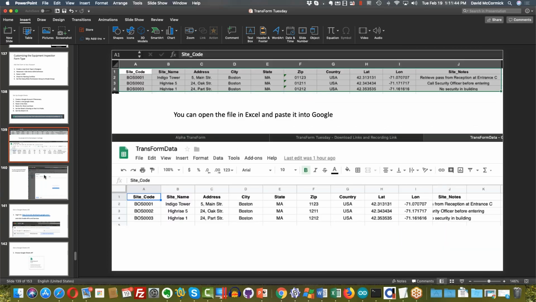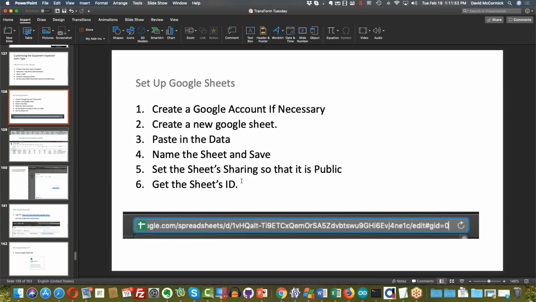Now, while you have the sheet open, if you were to go up into the address bar and take a look, you'd see it says something like docs.google.com/spreadsheet/d/ and then it has this sort of long gobbledygook string here, followed by /edit. So this little section here, starting with the 1 and ending with the C, is in fact the ID of the Google Sheet. So you're going to want to copy that ID